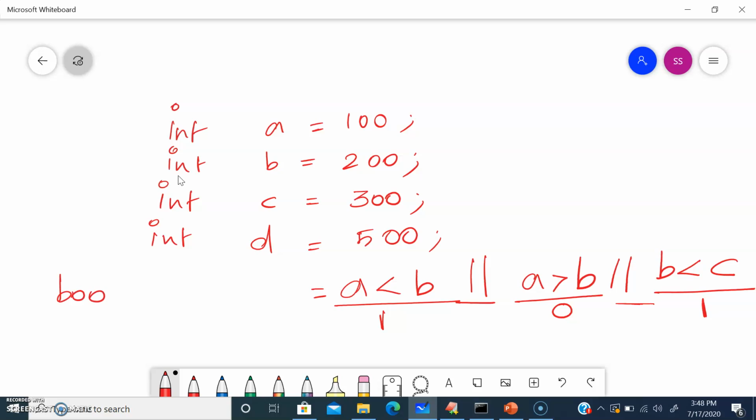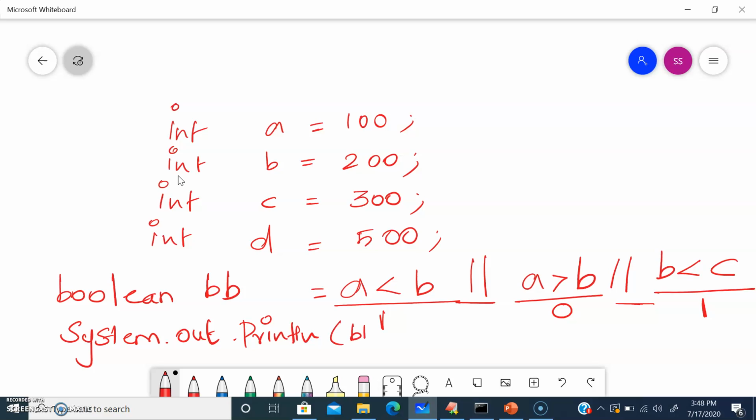return me true. So when I say boolean bb, when I say System.out.println, it is going to return me true. Right?